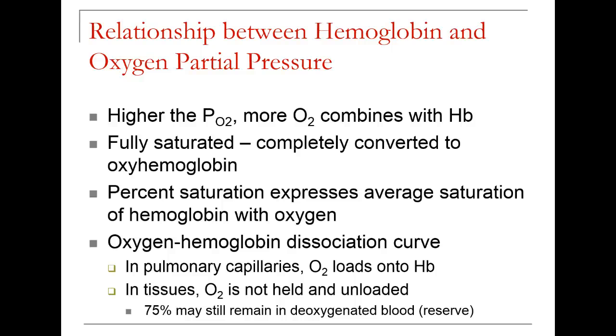The percent saturation of blood represents the average saturation of hemoglobin with oxygen in all of those red blood cells. So, for example, if you took a person's O2 saturation, you might typically see anywhere from 97 to 99% saturation. You're very rarely going to see an individual who has 100% oxygen saturation. And often the lower this is,